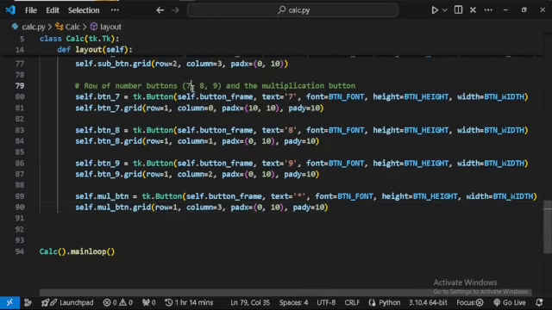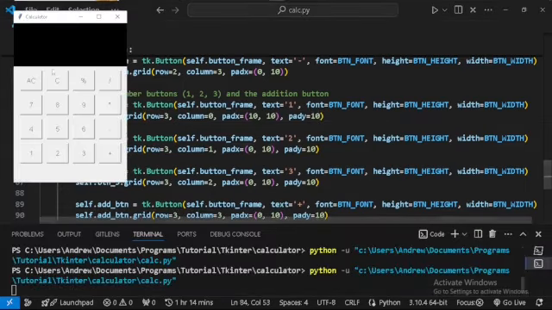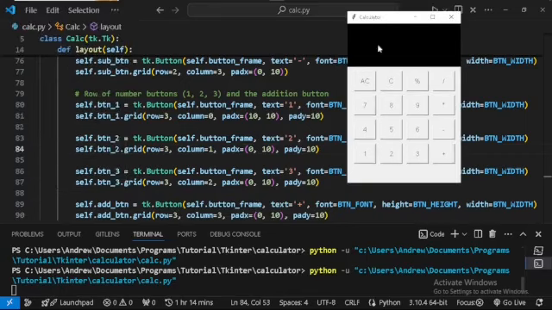Now this will be for button 1, 2, and 3, and the addition button. So button 1, 2, 3, and the add button. I have the plus sign here, and now this will be on row 3. I should run this now. Our calculator is ready. You can see now we have these full functionalities working well,